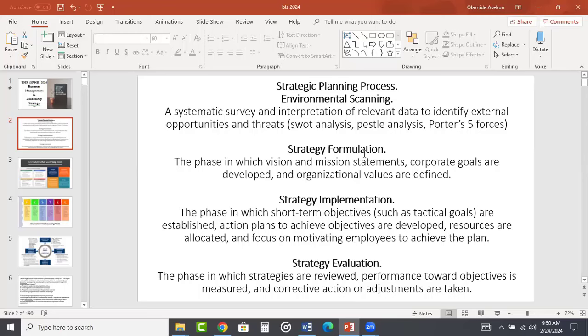Now then you go to strategy formulation, and with this, you have